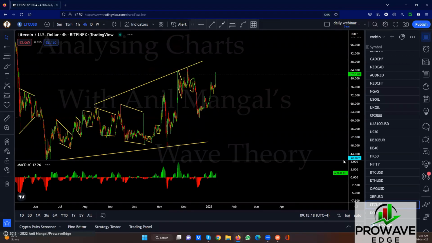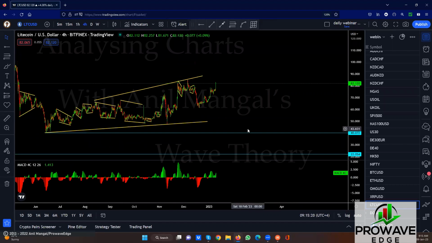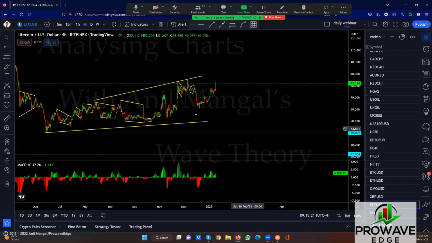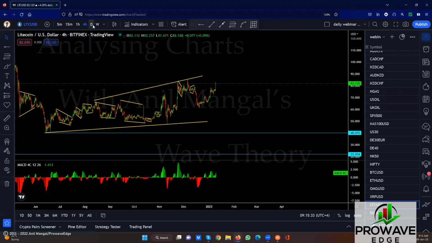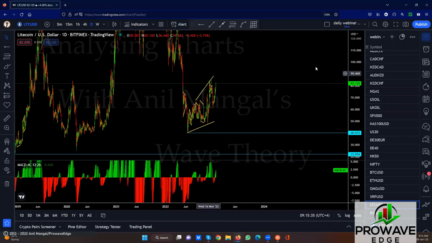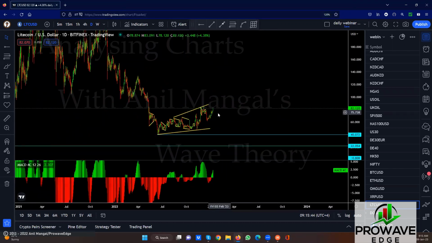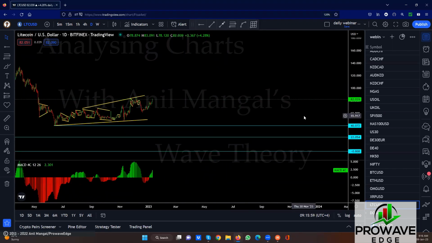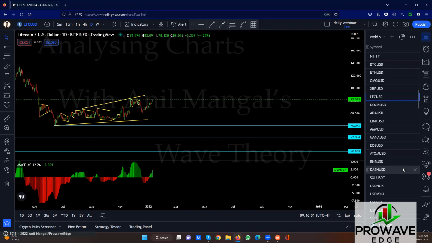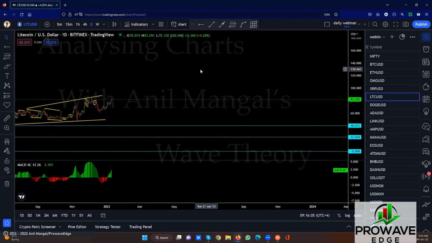LTC. Come here, break the top, and you're still in this, whatever this is doing here. Correction, and then still has to drop here. Can it crawl up this slow back all the way to the top? Well, it can, but I don't see that possibility right now. We'll have to wait and see if we get something good here. So I don't think we're going to go through more of them. I might not be able to. It's pretty much the same thing on all of them.